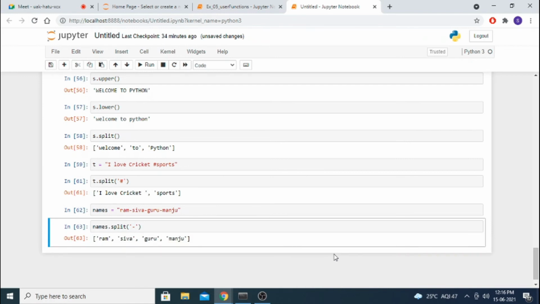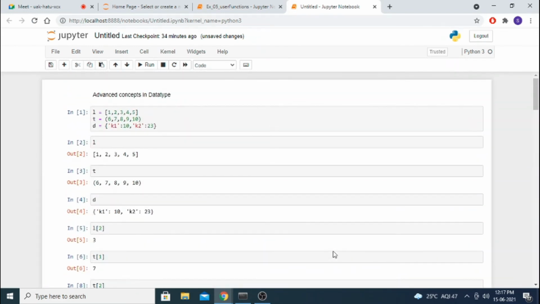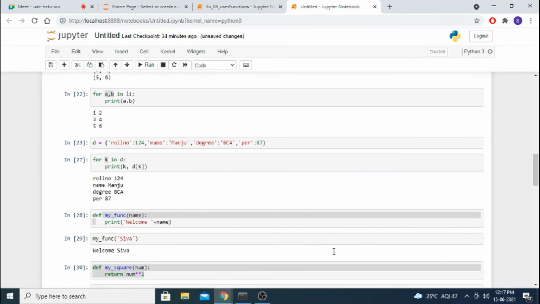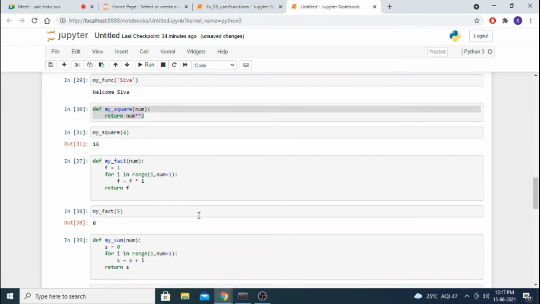That is the concept of the string function. These are the advanced concepts. In the advanced concepts, I covered how to use the for loop and how to use the user defined function. There are many predefined functions; upper and split are predefined functions. We saw how to use user defined functions, like my factorial and my sum.